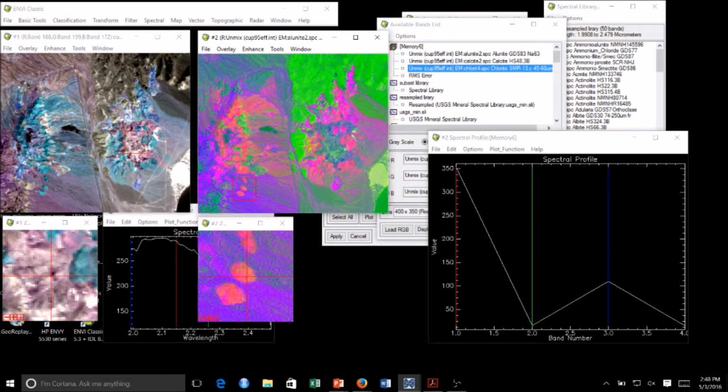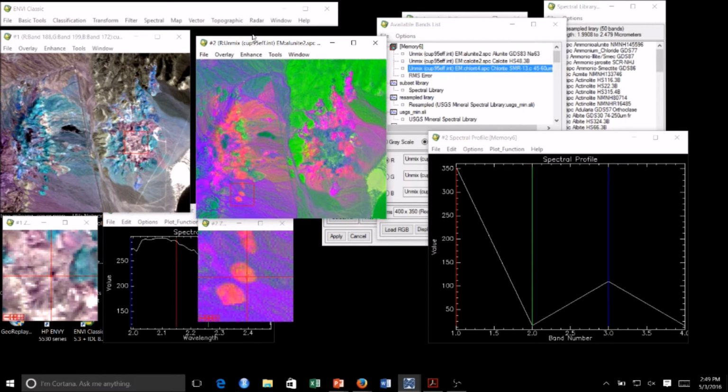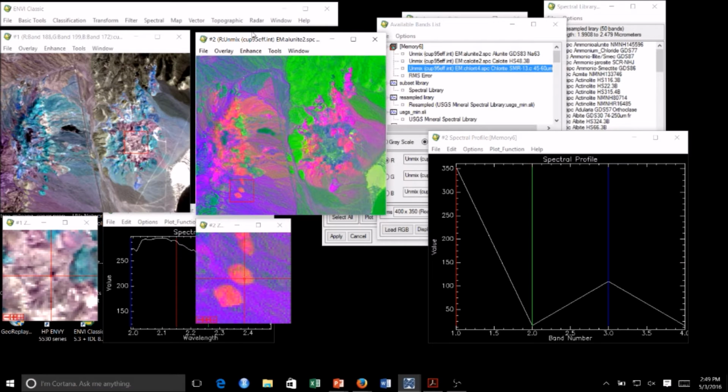Well, let's see, it was 35% alunite and basically 0% of this and maybe 9% of the other stuff. So we can get the constituents of the minerals that are on the ground across the whole image. That's kind of nice because that lets us do mineralogy and geology over a whole area. It used to be geologists would have to walk around with things and take